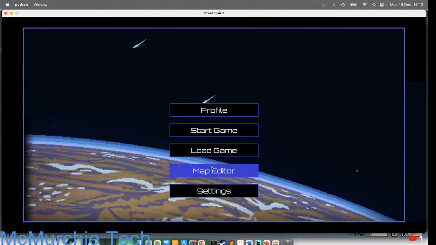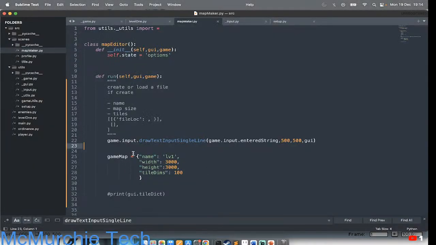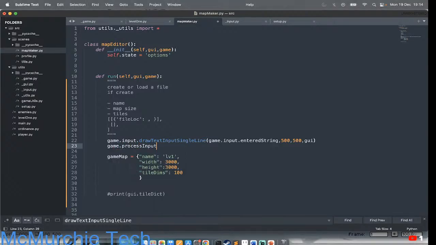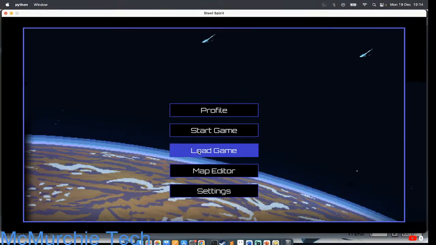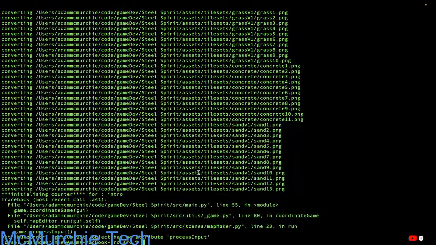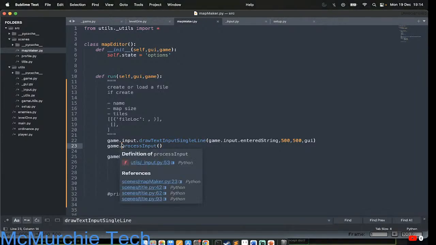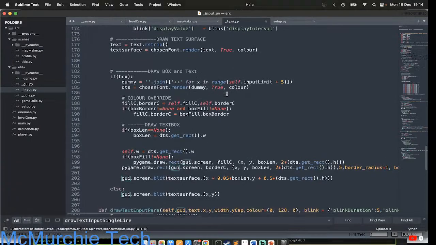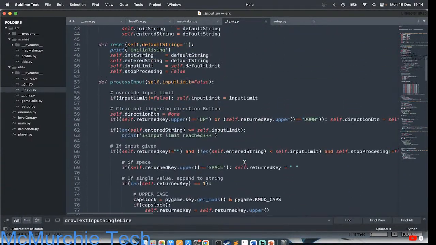So if I go to map editor, there we go, cool. I push a button, nothing happens, because I think I've got to run the process game.process input, I guess. Give that a go. Map editor, nope. So game.input, so process input again. I'll show you, it's this guy up here, and what it's doing